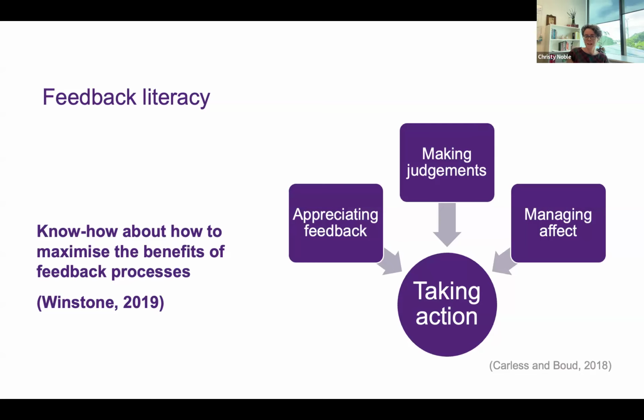So as I've hinted at already, I think this is the way for us to work productively with SECaTs. Appreciate the different forms of feedback information we're getting. SECaT scores, there's also all of those qualitative comments, managing our emotional responses, and I can tell from the session these responses will be diverse. And then we're starting to make judgments about our work. And this is the bigger body of work.